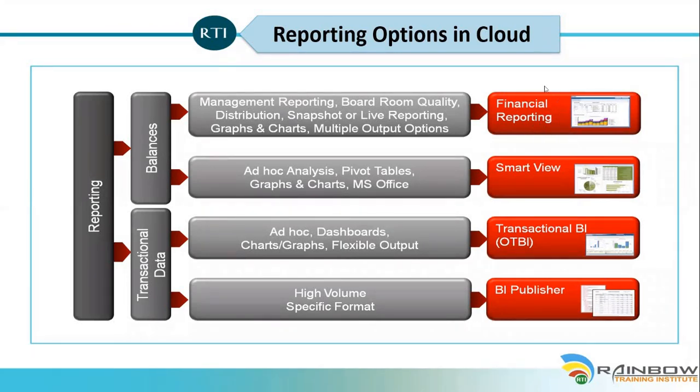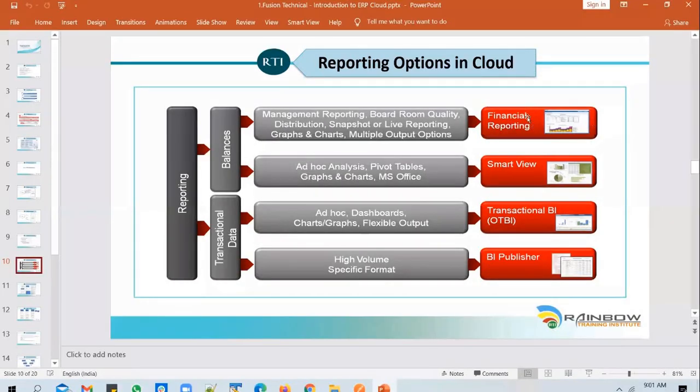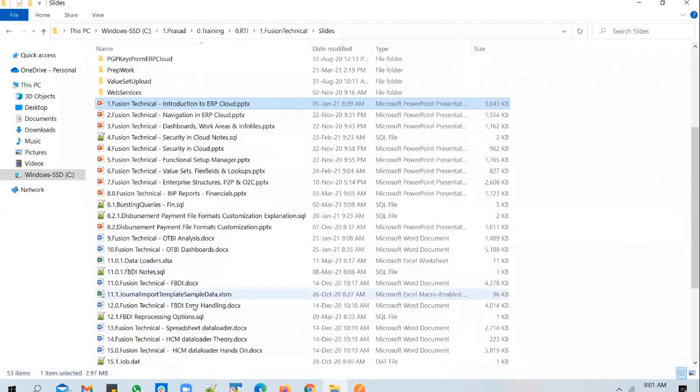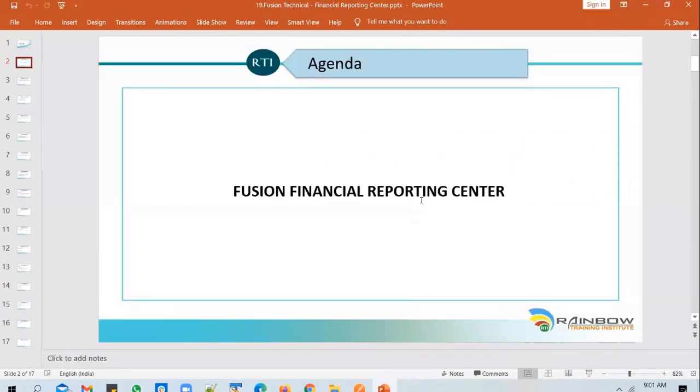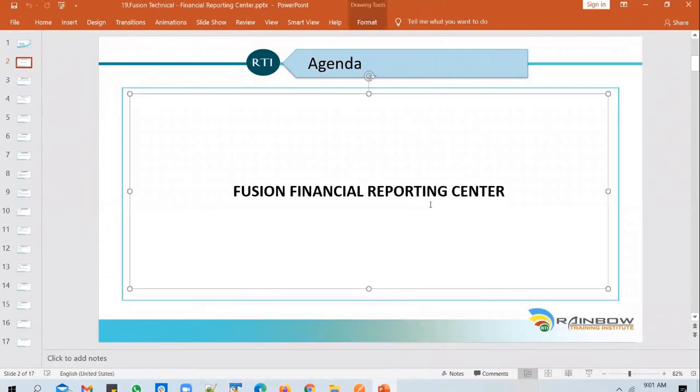Okay, so we are looking at this particular reporting option now, Financial Reporting Studio or FRS reports. There are quite a few things that you need to know about FRS reports and how they work. It works in quite a different way when compared to BIP and OTBI. So instead of starting with a new report build, we will pick up a seeded report given by Oracle.